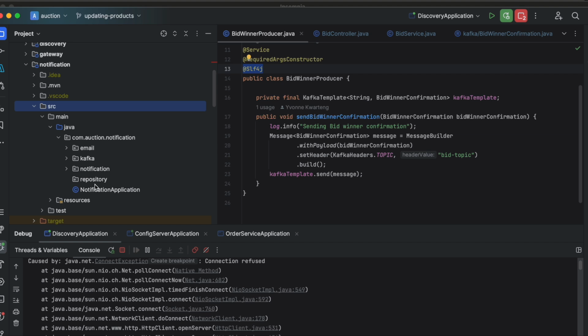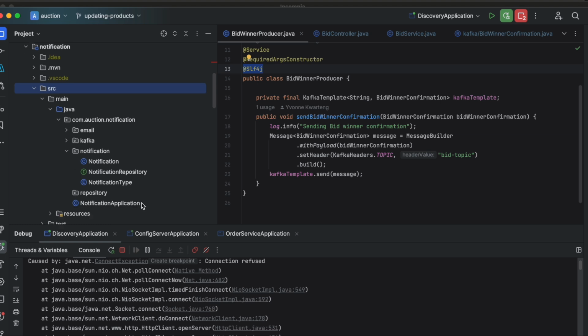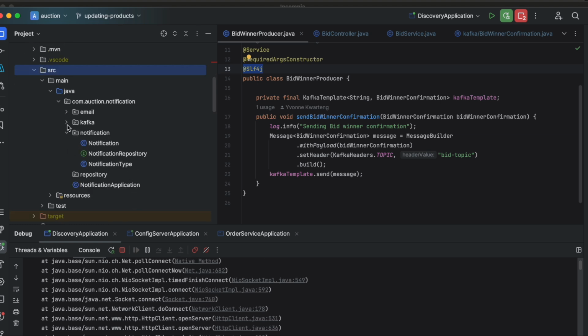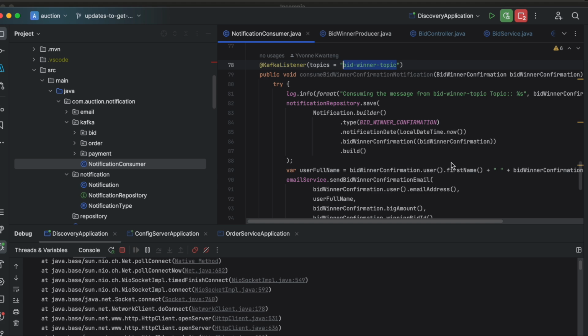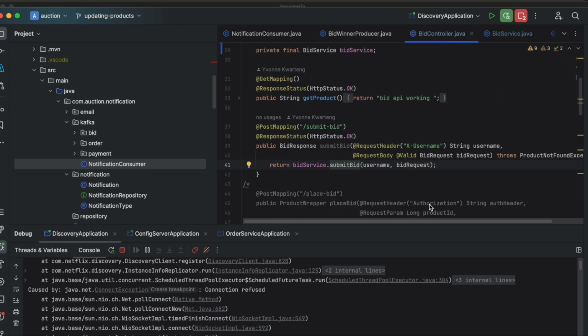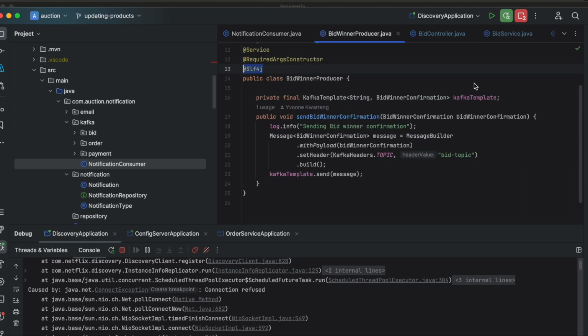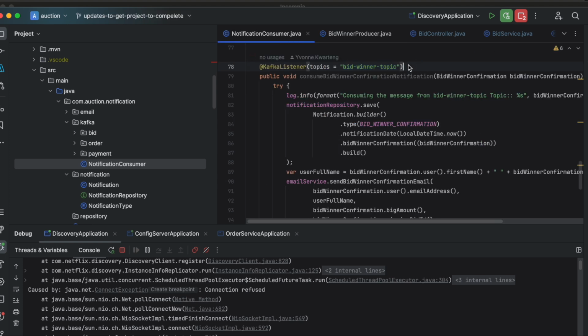But the consumer says bid winner topic, and then the one we've got here, sorry, go back, the one we've got here says bid topic, so this is wrong. So bid winner topic is what we need. See, that's what happens. You have to double check when you are in a rush, because I think essentially we should actually have a bid,